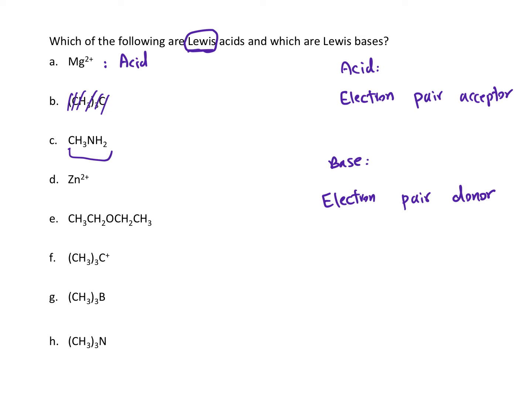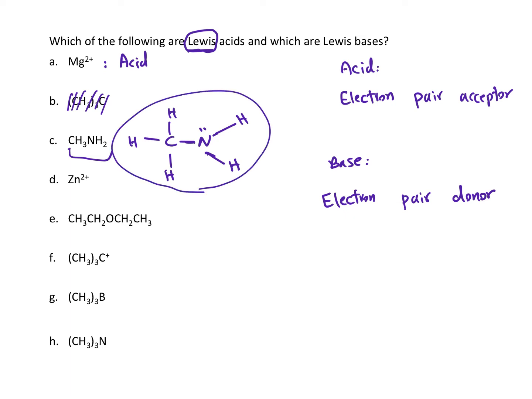So if I have CH3NH2, right? So how many electrons does nitrogen have here in the structure that I wrote? So it has 2 here too, right? Non-bonding. So if you draw this structure, based on this, do you have an acid or a base?